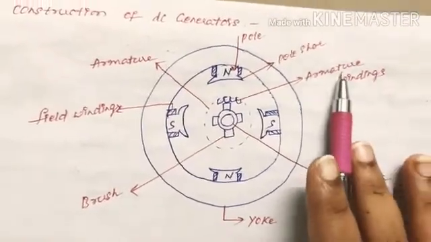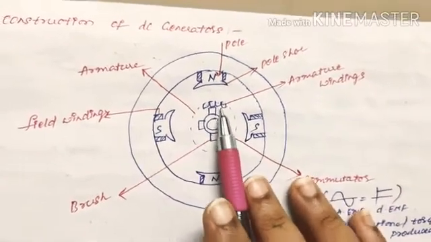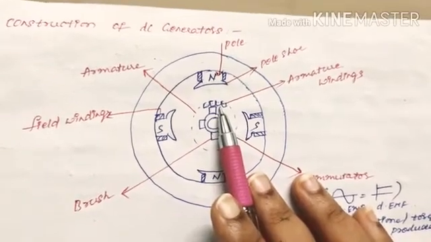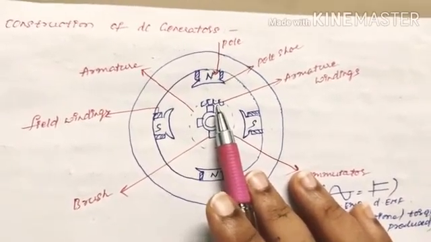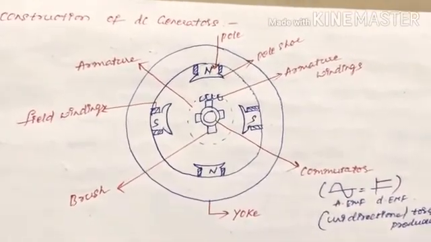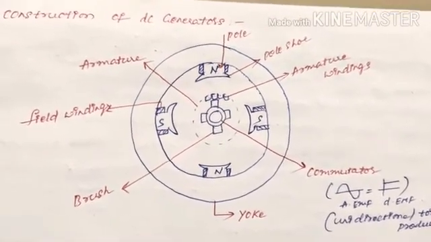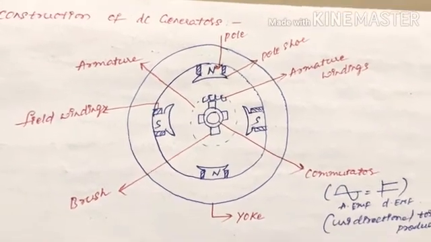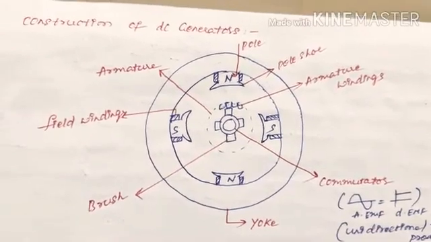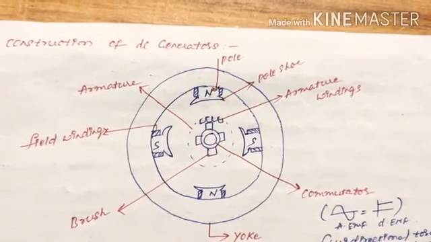Whereas armature windings are bound in the form of flat rectangular coils, pulled in order to provide a proper shape by a coil puller. Armature conductors are placed in armature slots, connected either in lap or wave windings. Armature windings are of two types, lap winding or wave winding. Up to now, we have completed yoke, armature winding, pole core, and pole shoe.